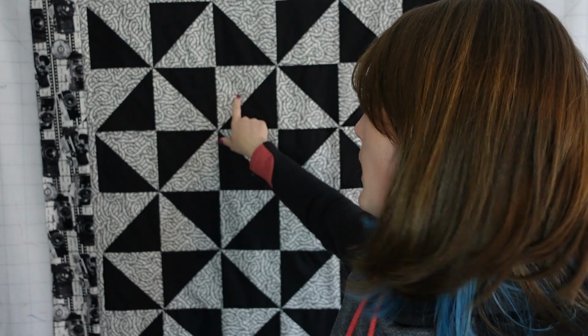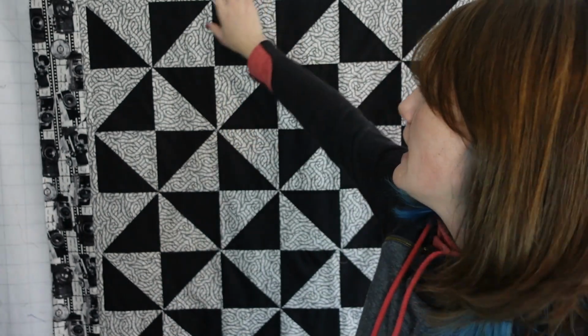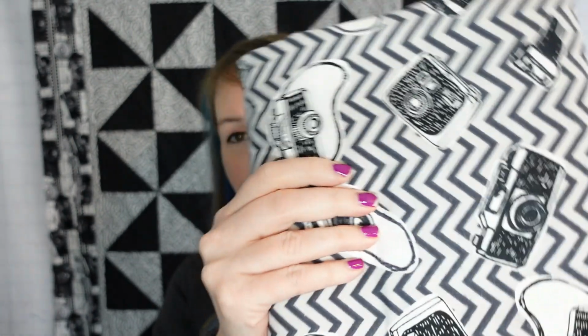So just as a reminder, we've got our film strip negatives in the white. We've got solid black here. And our borders are this camera fabric that I think came from Hobby Lobby or something. I'm not totally sure. But while I was digging through my stash, I found this. This is flannel. It's probably about 3 yards because I probably bought it with the intention of pajama pants because